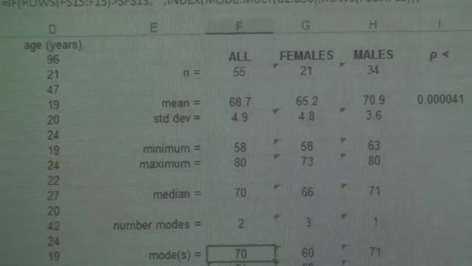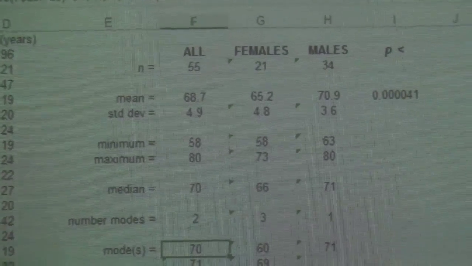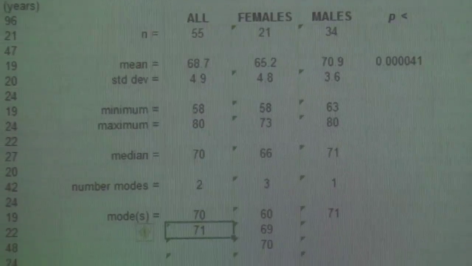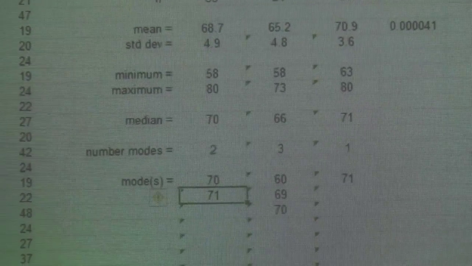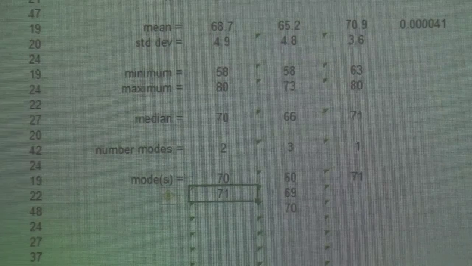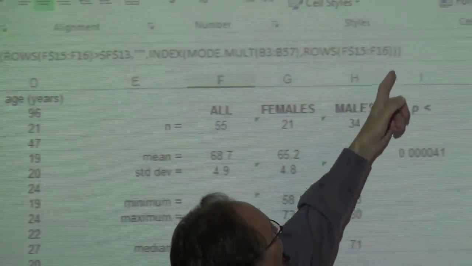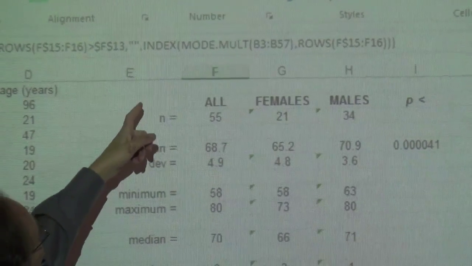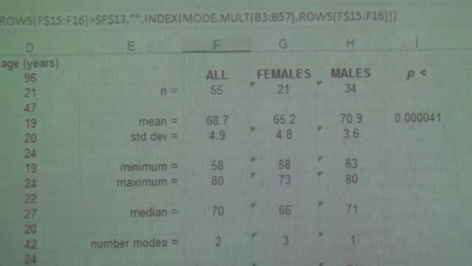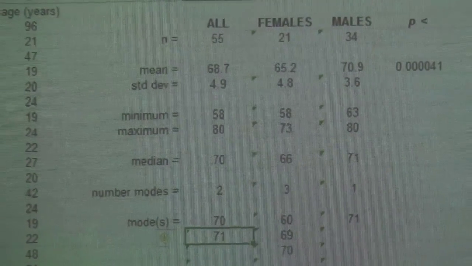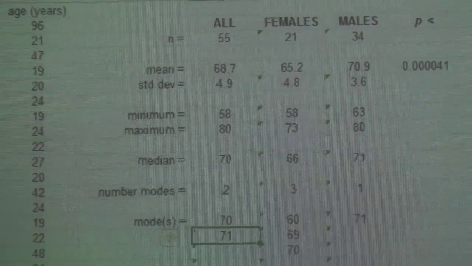So when you copy that down to the next cell, it just increments these. This goes to F16, this goes to F16, but it goes to the next indexed mode, which I thought was kind of cool. I mean, it's kind of complicated, but